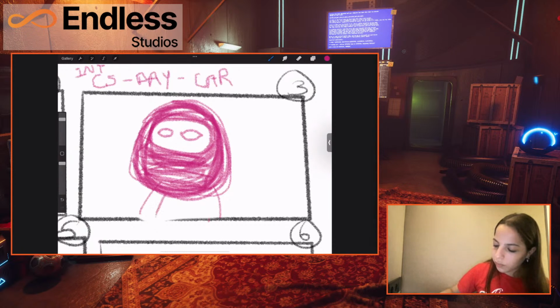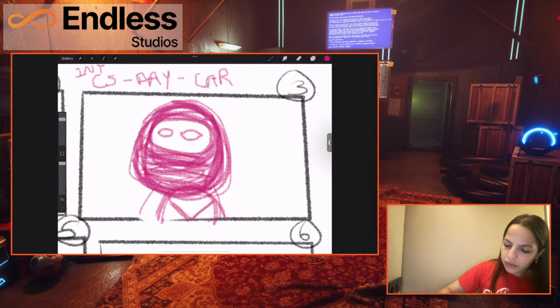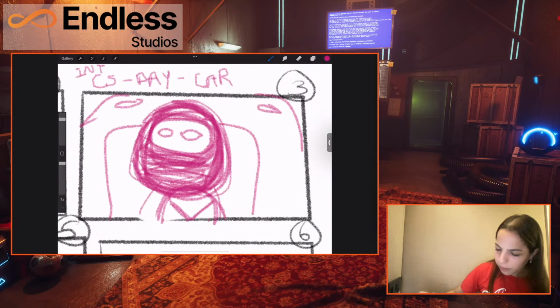This does not look right at all, but let's say this is our character wearing a helmet, and now they're in a car, so there's a wheel over here. And you see the interior of the car. Let's see, hand grips over here, the chair, and the rear view mirror somewhere up here.